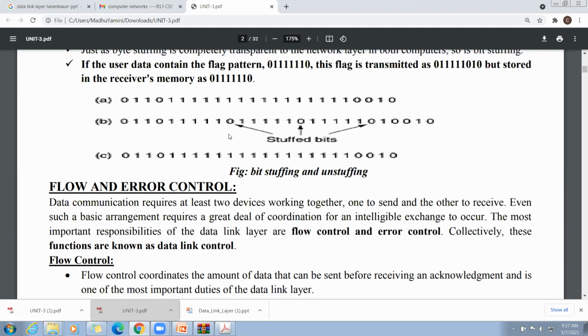Whenever our data contains consecutive 5 ones, we must stuff a 0 bit after the 5 ones. This is called a stuffed bit. The third part is destuffing: first the original bit stream, then the stuffed bits, then after destuffing we get the original.